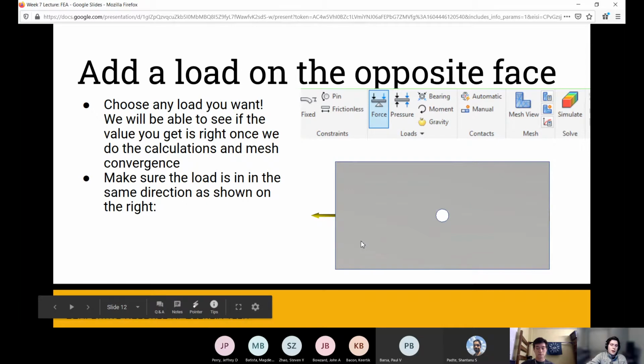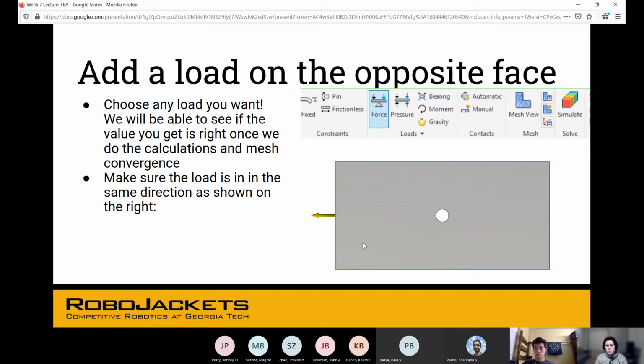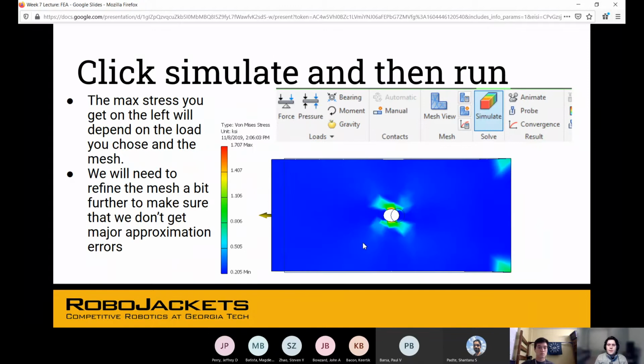Whenever you start using compressive stresses on stuff, you have to be worried about a phenomenon known as buckling. But for this case, we're not going to worry about that. We don't need to get into it. Okay. Then once you have all that set up, just press simulate, and it's going to create the stresses,